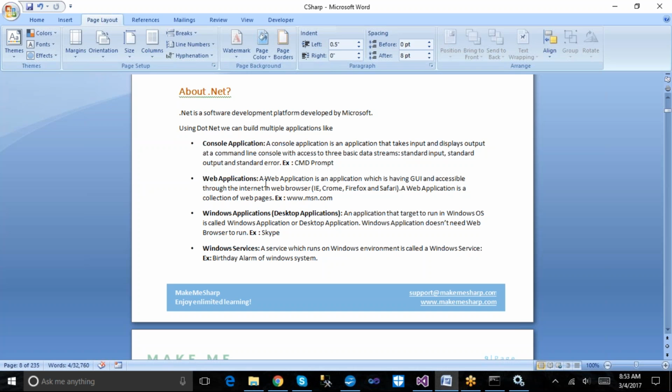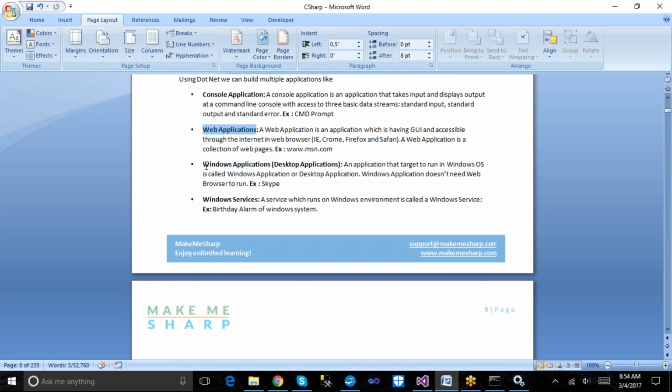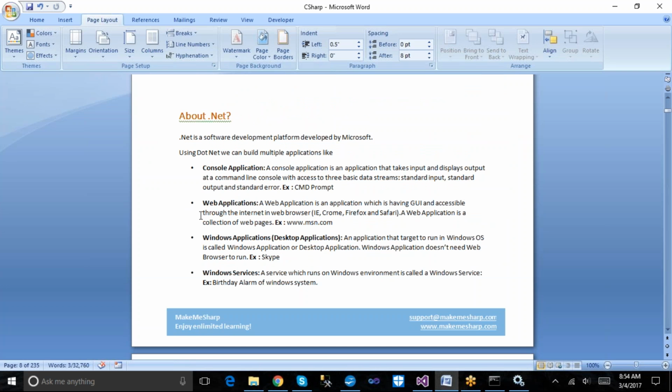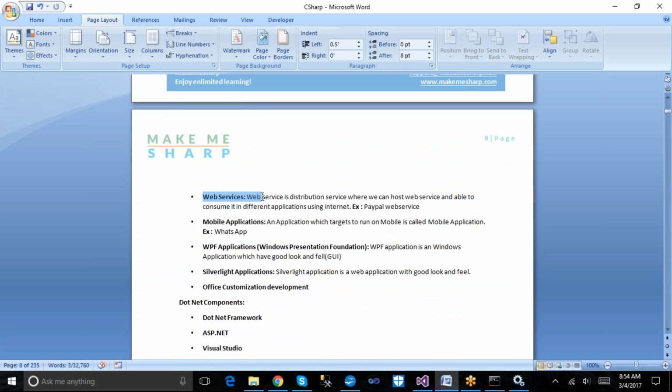Basically for a .NET developer, what we are mainly working on is web applications, and sometimes we can work on Windows or WPF applications and web services, and if we want to move to mobile development we can make use of mobile applications. Those are the main parts which we can work on in .NET: web application, Windows application, or web service. These are three important things which we are working on in our development.